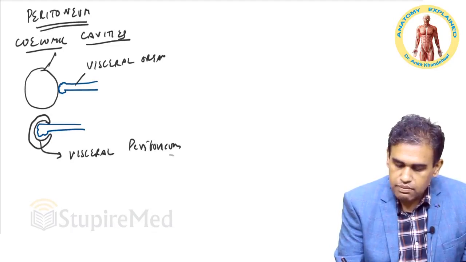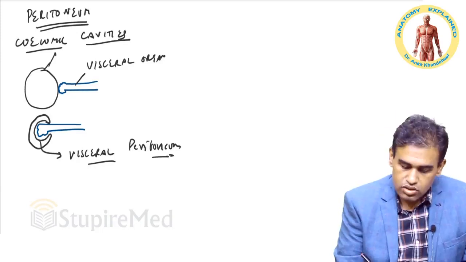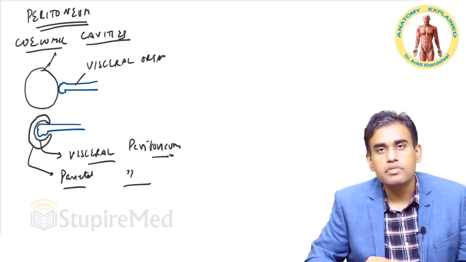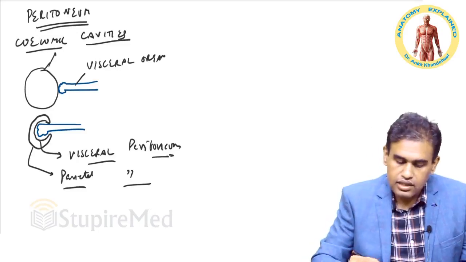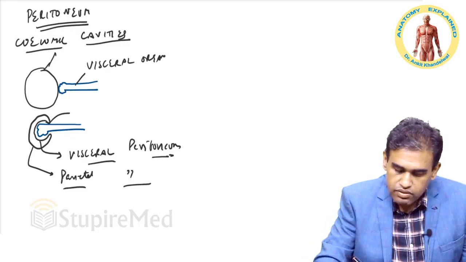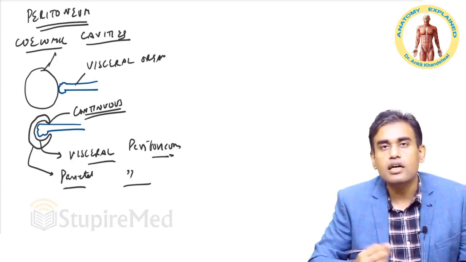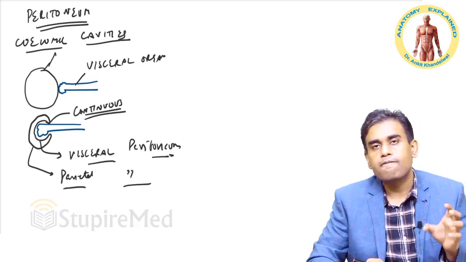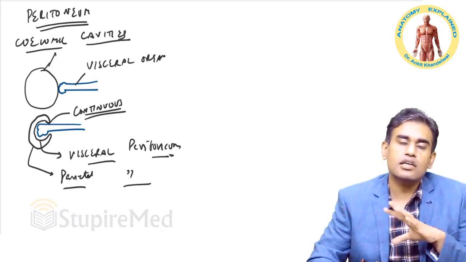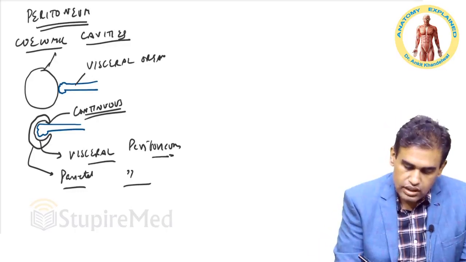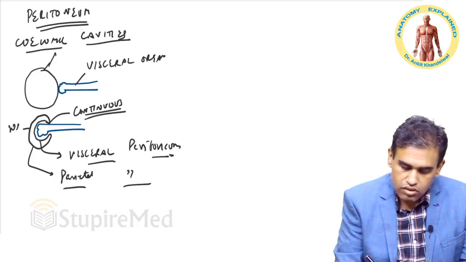You can apply the same example in pleura and pericardium, and the layer on the outside is the parietal layer of peritoneum. A couple of things to note: both the visceral and parietal layers are continuous at the root or hilum of the organ. They are one layer only. The only difference is one is in touch with the viscera, the other is in touch with the parietal wall. Parietal means the wall. Over here we were studying the abdominal wall.